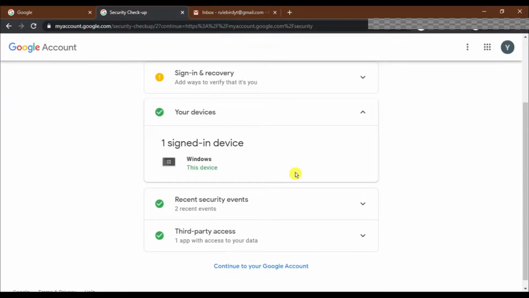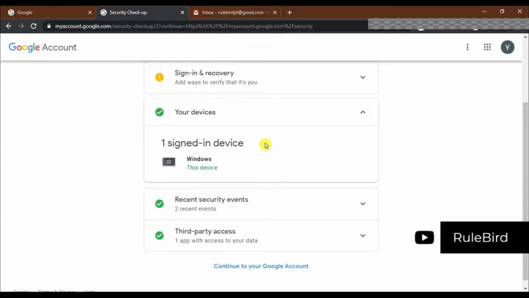So let's start with Your devices. This list will show you the connected devices for your account. You can access Gmail from multiple devices, from computers, smartphones, tablets, or anywhere. Sometimes you might stay signed in when you don't mean to. I mean, sometimes you are logged into a public computer and you forgot to log out. So it will be checked here. Or worst case, if you suspect that someone is using your account behind your back, someone may have got your credentials and is using that account, it will be listed here.